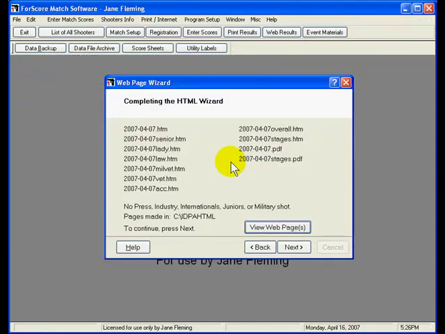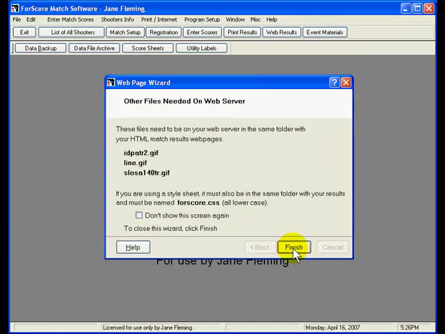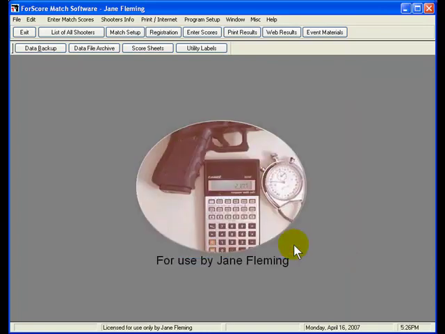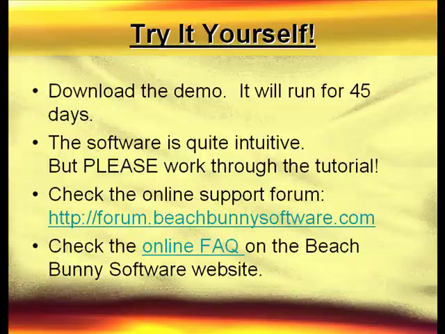I'll return to ForScore and click Next. The wizard reminds me I need to put the graphic files on my web server, and we're done. To see for yourself how easy it is to set up and score a match, please download